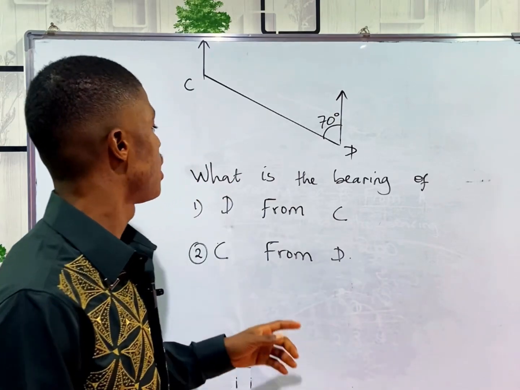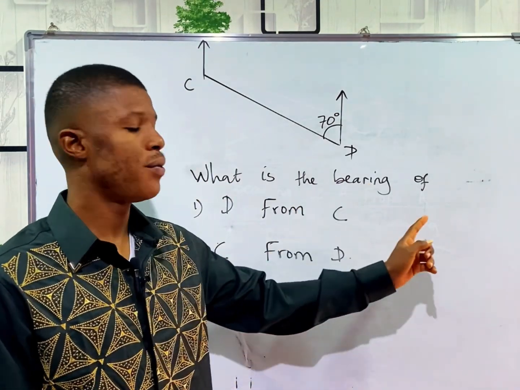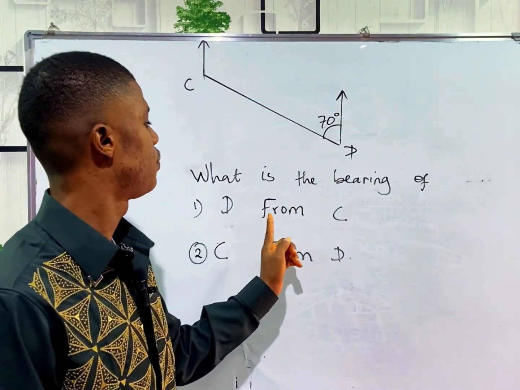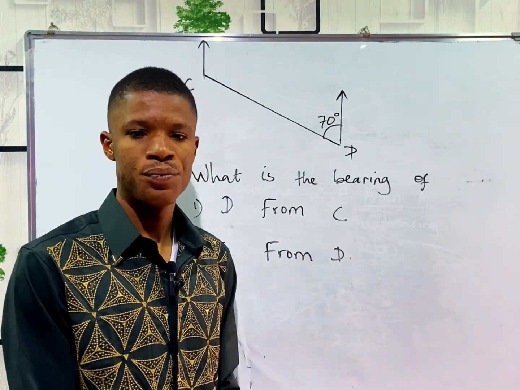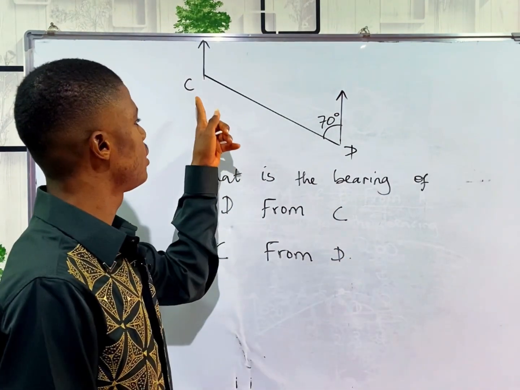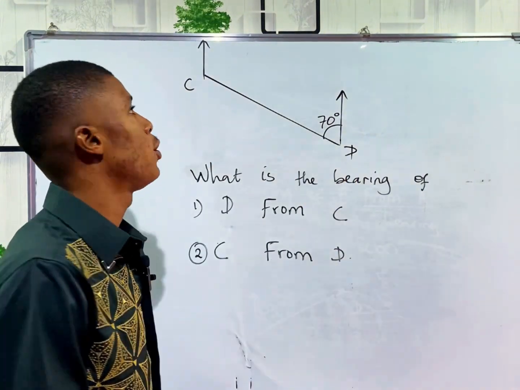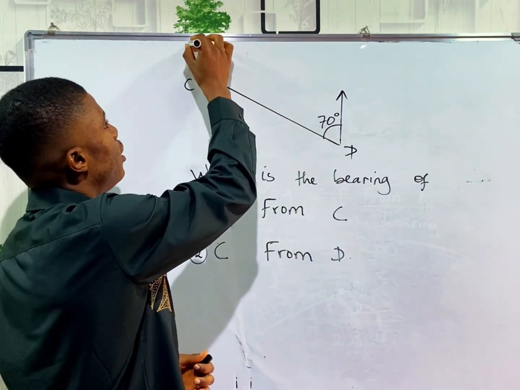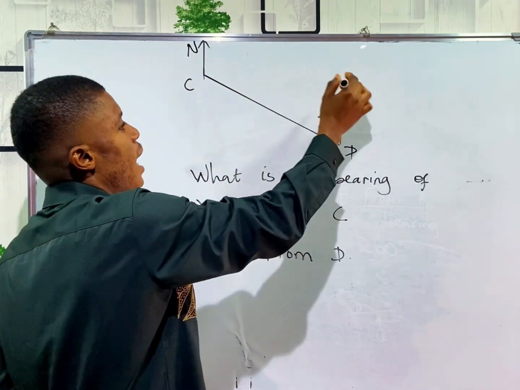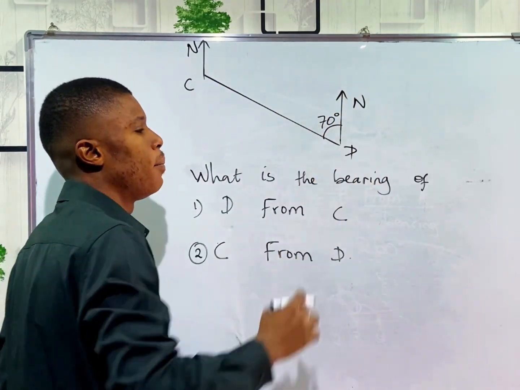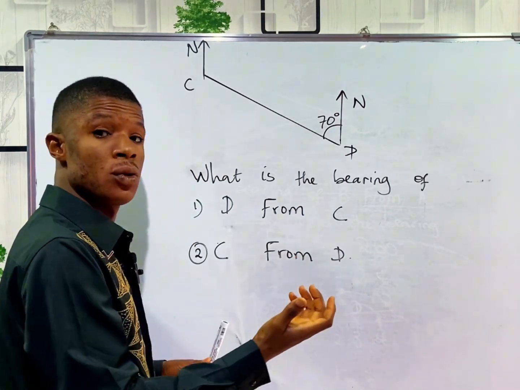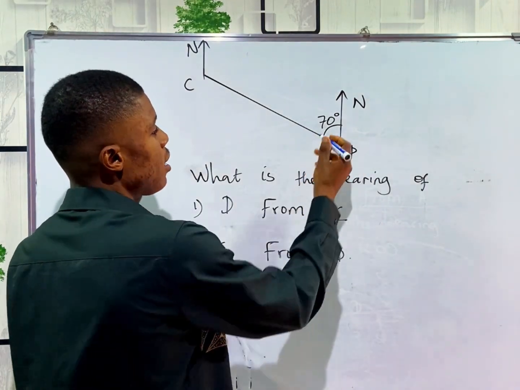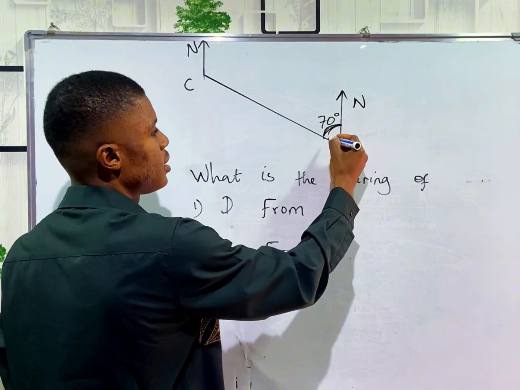We are told to find the bearing of D from C and C from D. In my diagram, I've got the points C and D, and there's a clear indication of the north pole at C and the north pole at point D. We are also provided with a little information that the angle at this point is